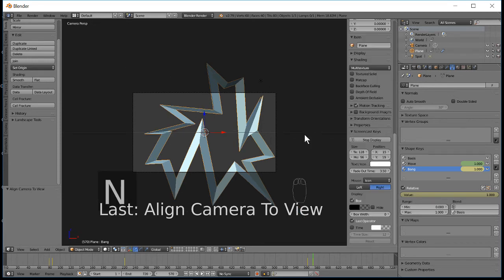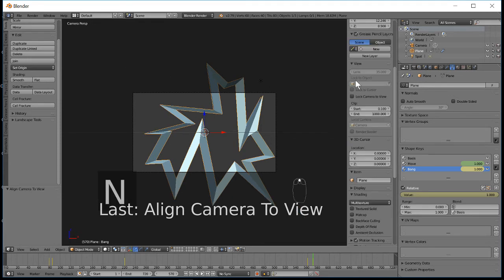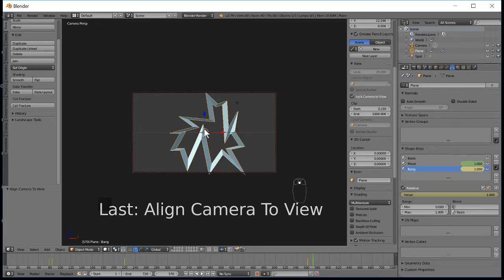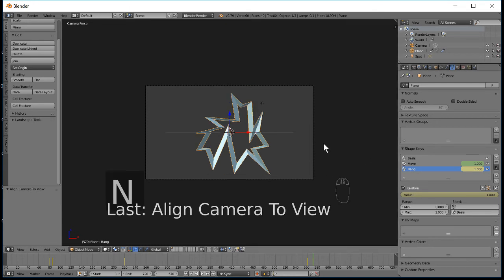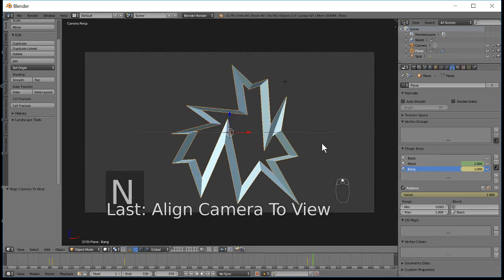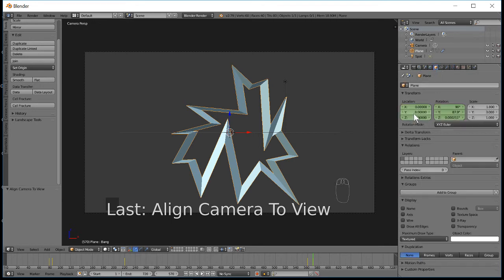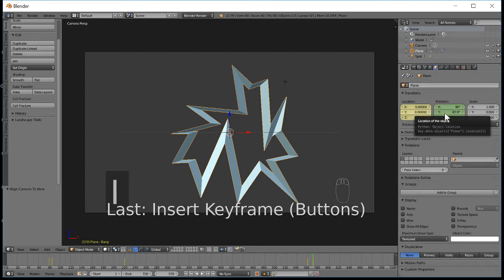So I'm going to pull up N, and I'm going to go to the lock camera to view. I'm just going to pull it out to there, just so the bang is within view here. Okay, and then unlock view, hit N to close that, and you can scroll in a little bit with your middle mouse wheel. Now go to the data object button, and we want to insert the location and rotation